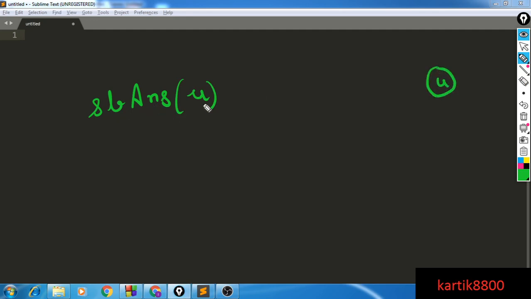So subtree answer of U means the sum of the distances of every node from node U, assuming that my entire tree is the subtree rooted at node number U. So if you had some parent P, I don't care about the rest of the tree. I detach this subtree, and I will evaluate subtree answer of U. So answer of U, assuming this is the only tree I have. Okay, so let's see how we can evaluate that.